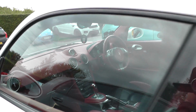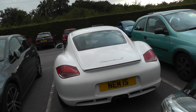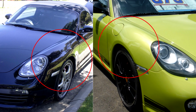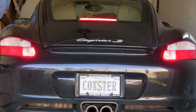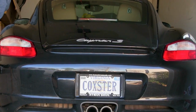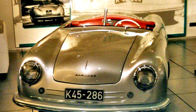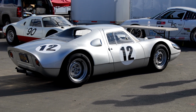And what incredible styling the car has too. People often call it the baby 911, but in reality the Cayman S was actually designed to be pretty much a Boxster S with a hard top roof, hence the two cars share the same platform, fenders, boot lid, doors, headlights, taillights, and interior. The car isn't just a roofed Boxster though, it also took design inspiration from classic Porsches like the 356/1, the 550 Coupe, and the 904 Coupe, which is a pretty cool lineage to be a part